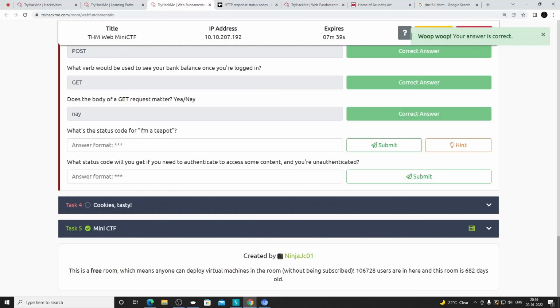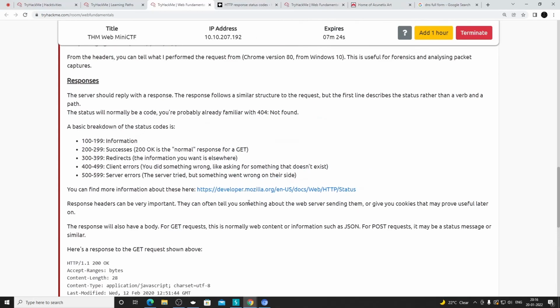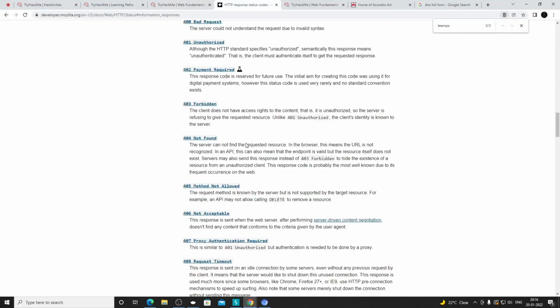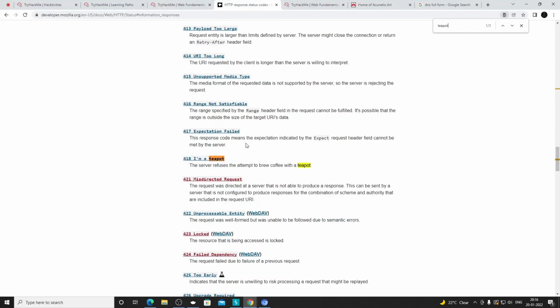What is the status code for I am a teapot? It was a bit confusing for me as well earlier. But the answer is actually a particular status code. If you go to that Firefox URL from here and search for teapot, the status code is 418, which means I am a teapot.